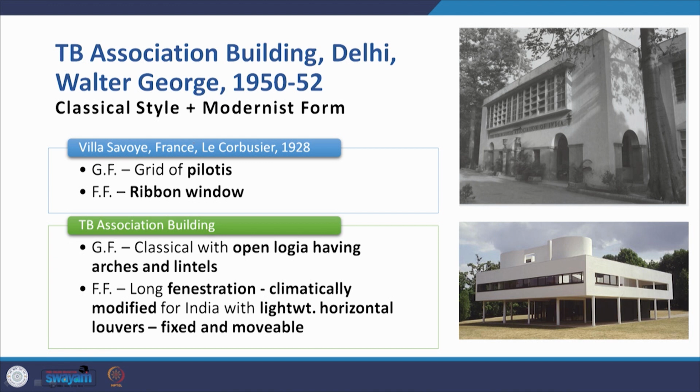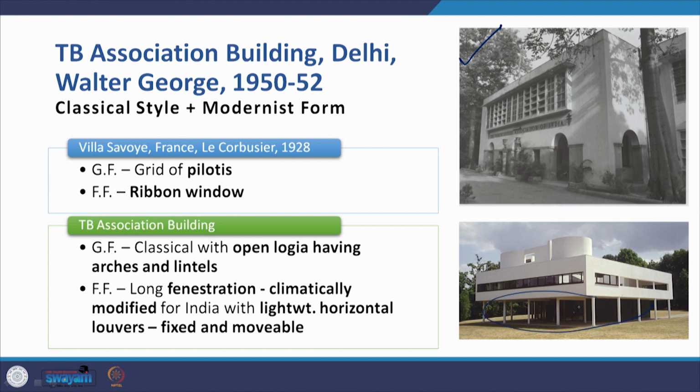The TB Association building in Delhi. Again, Walter George continued to work in India into the 50s. When you look at this TB Association building, let's try to compare it to the classic symbol of modernism of the time, the 1928 Villa Savoye by Le Corbusier. Now when you look at these two, what you find is that the Villa Savoye is raised on the grid